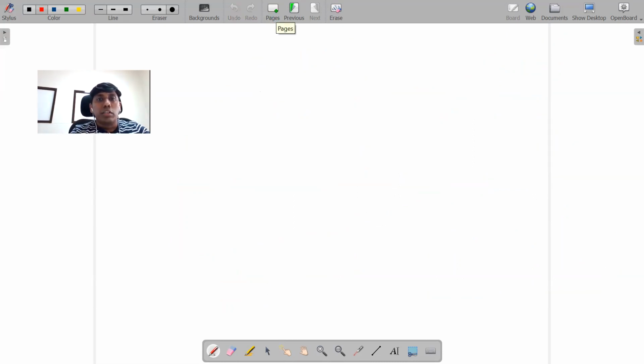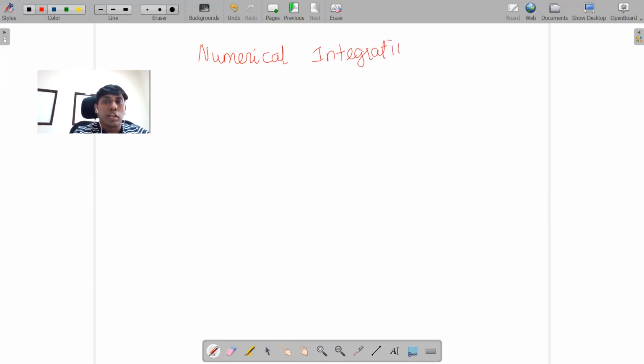Okay. So what are the ways to solve this? There are a number of ways. We try to solve it numerically, so we are trying to use numerical integration. What does numerical integration mean? We are going to use some kind of solving method.